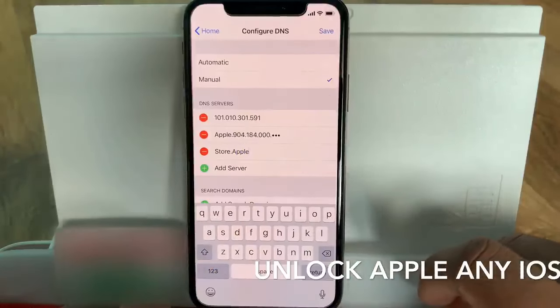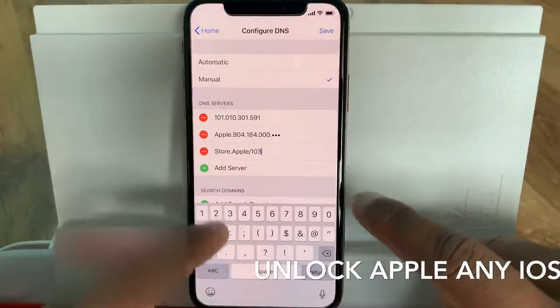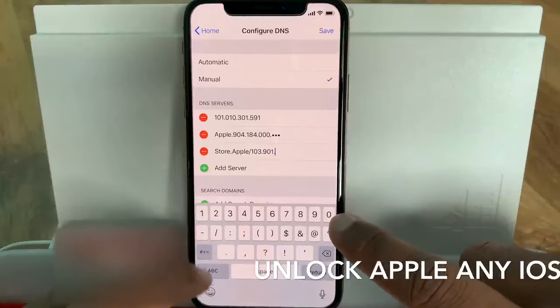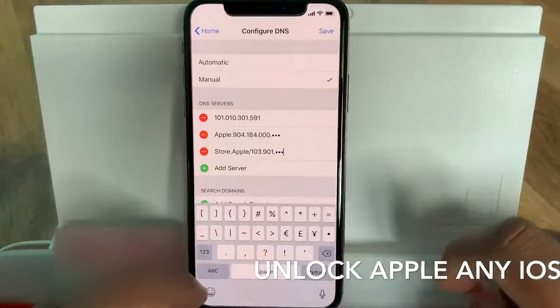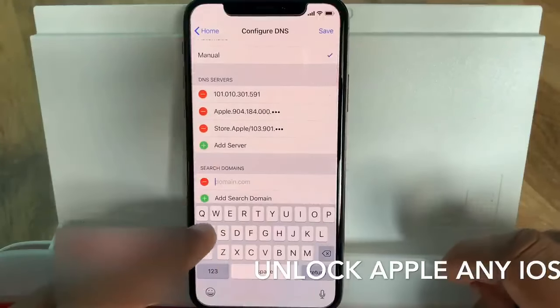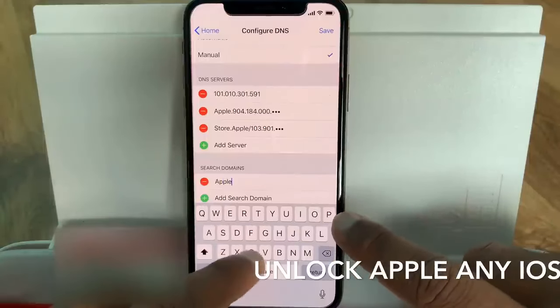Once you got that, easy things will start. Alright, and now we'll try. Once we got that,